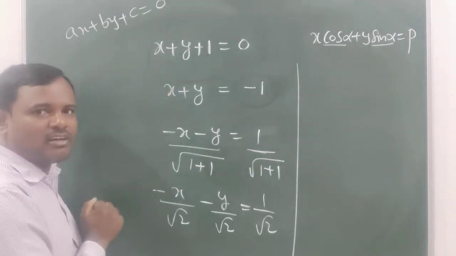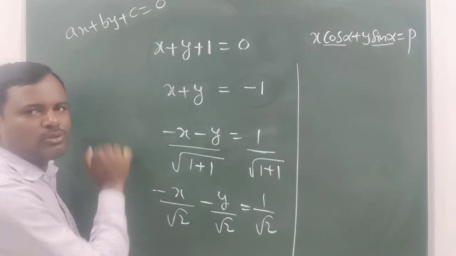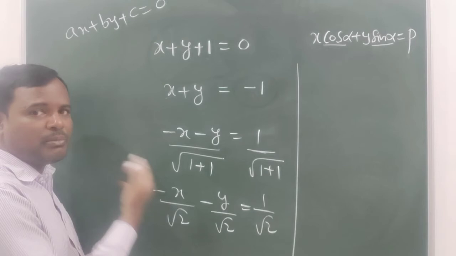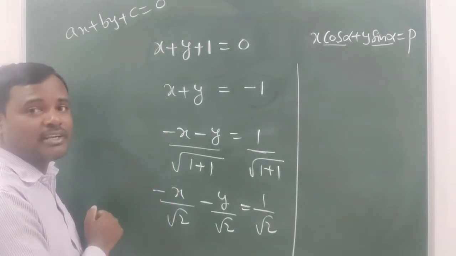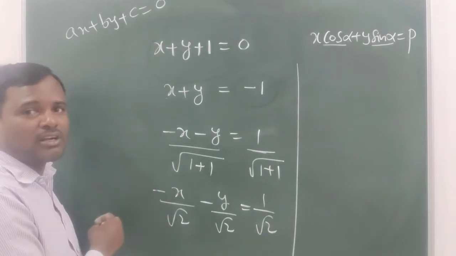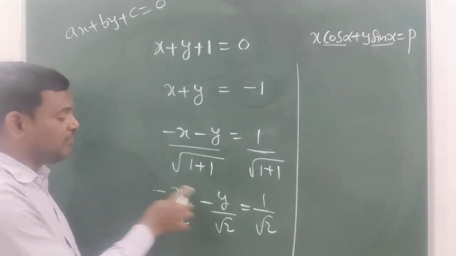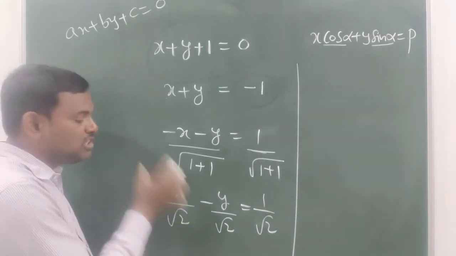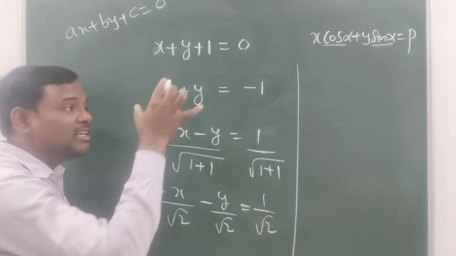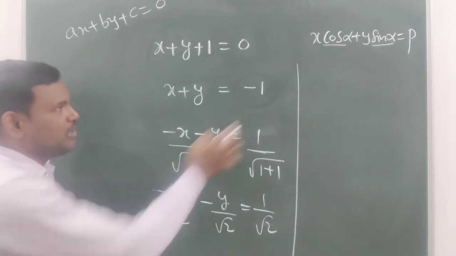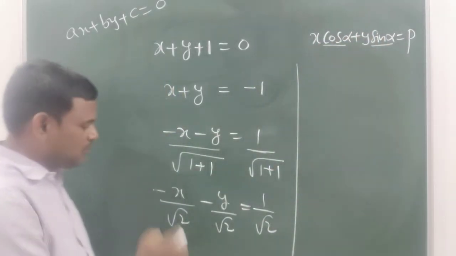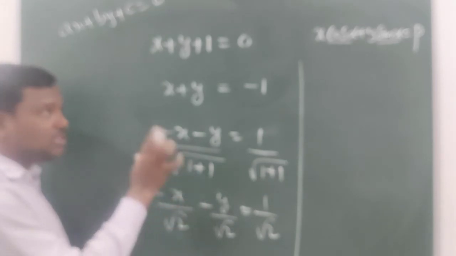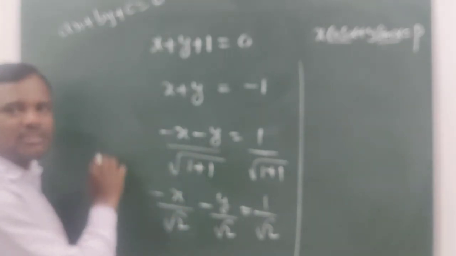In the first quadrant all the ratios are positive. When we go to the second quadrant, sin and its reciprocal cosec are positive, remaining all are negative. When we go to the third quadrant, tan and its reciprocal cot are positive, remaining all are negative. But here we have sin and cos both negative. So this will happen in the third quadrant. Yes or no? Here cos and sin both are negative, so they are negative in the third quadrant.